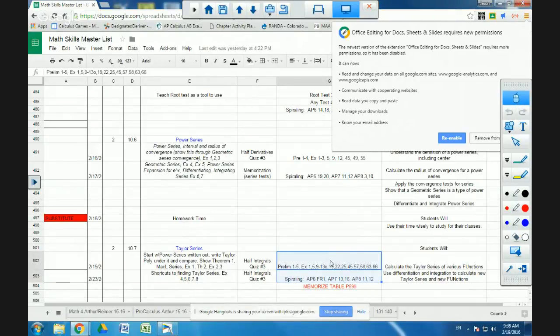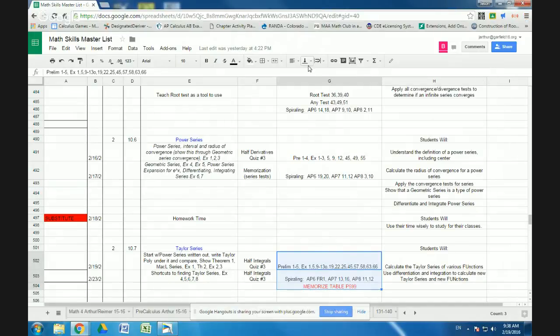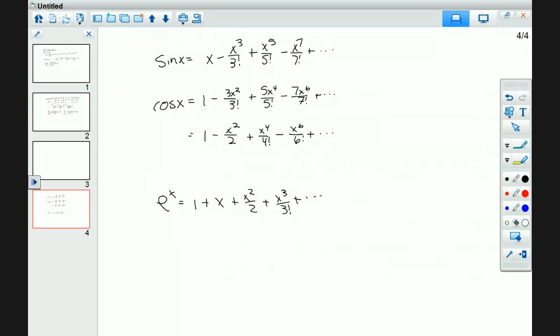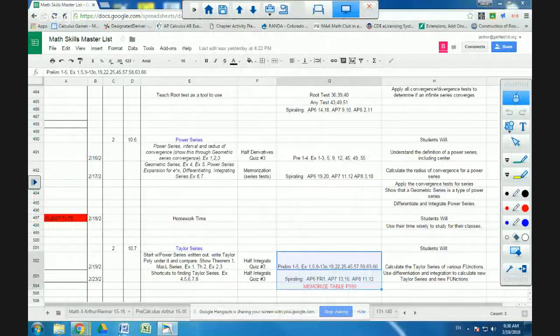Right there, the little pointy part at the bottom. Oh, I'll put it in. Okay. So, Mr. Arthur, can we